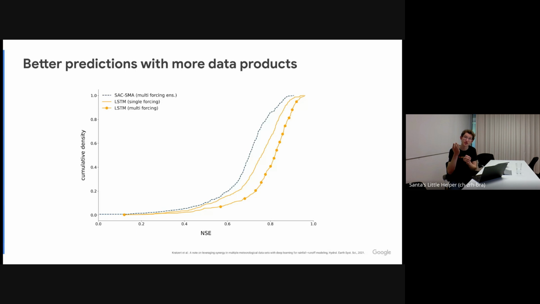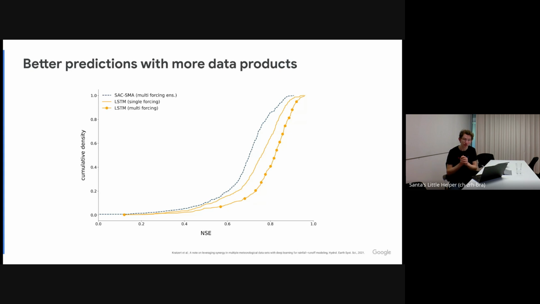And so what you see in this chart here is, again, the solid orange line is the same line that you've been seeing from the LSTM all the time. And now the line with the dots on it is the same model, except that now it's getting 3 different weather forcing inputs instead of only one of them. So this gap is almost as big or about as big as the gap between the conceptual model and the LSTM. So you're kind of doubling your advantage over the conceptual models just by feeding it more information about the